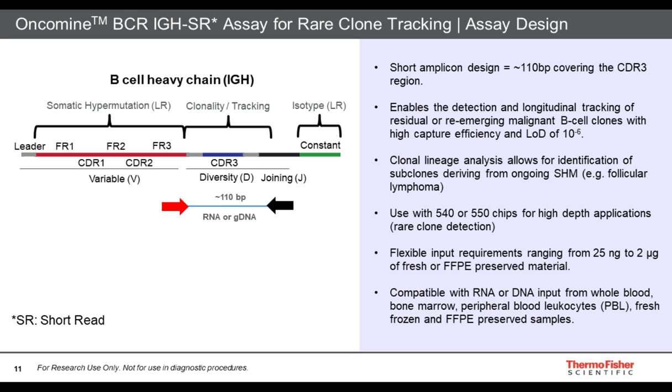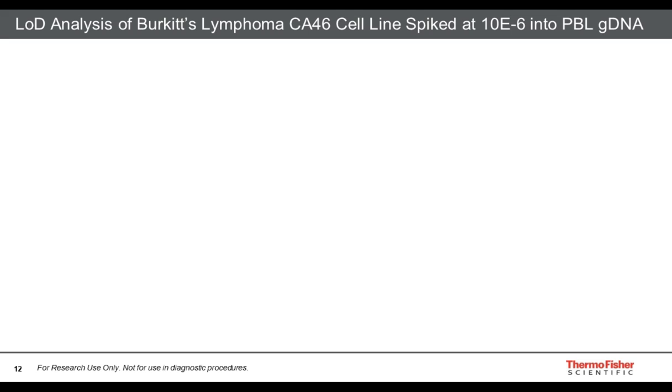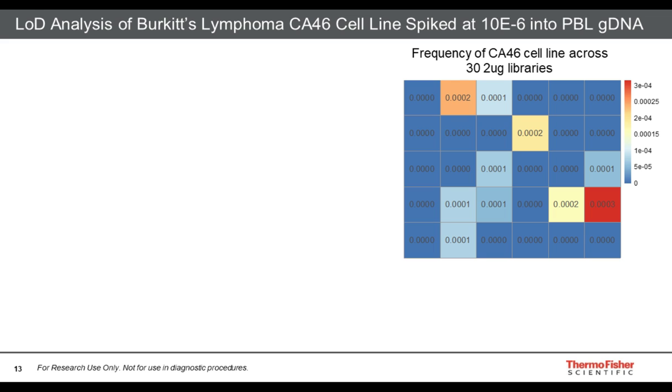And through a number of studies, we and others have demonstrated that this assay is able to detect clones at 10 to the -6 limit of detection. So here I have an example of one such study. Here we took genomic DNA from a B cell line CA46 and spiked it into peripheral blood leukocyte genomic DNA at a frequency of 10 to the negative 6. 2 picograms of cell line DNA per 2 micrograms of genomic DNA. And from this large stock of material then, we prepared 30 libraries of 2 micrograms each and sequenced each using